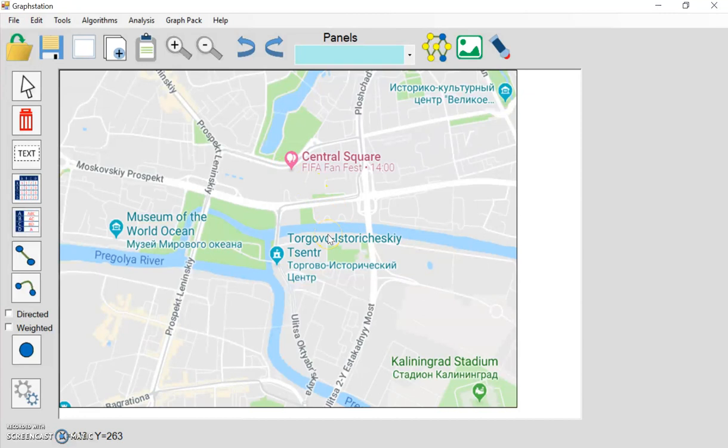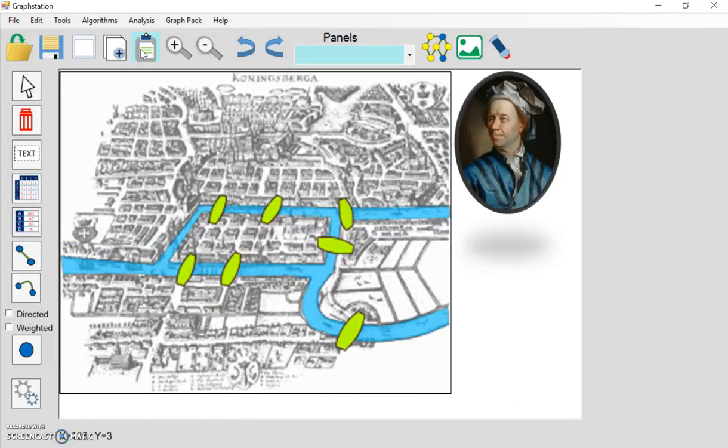started. And I'm going to paste in another image now, because back in the 18th century, it was actually called Konigsberg. So if I just paste this in now, and this is what it looked like. And I've got a picture of Leonhard Euler here, and I'm going to talk about where he comes into the picture very soon. But at the time, there were 7 bridges that crossed over the rivers, or the river, and